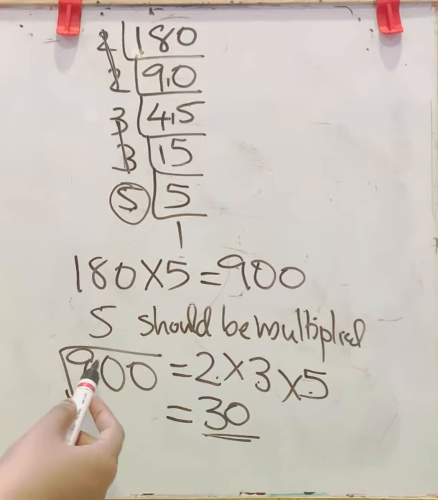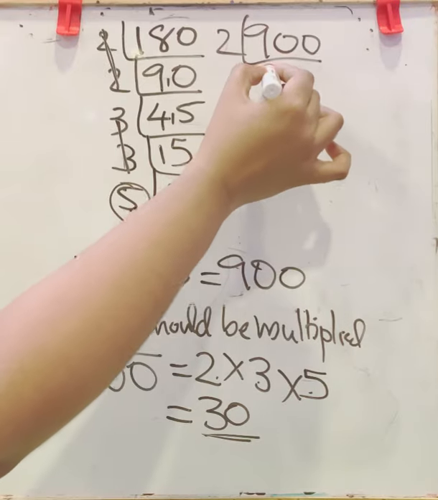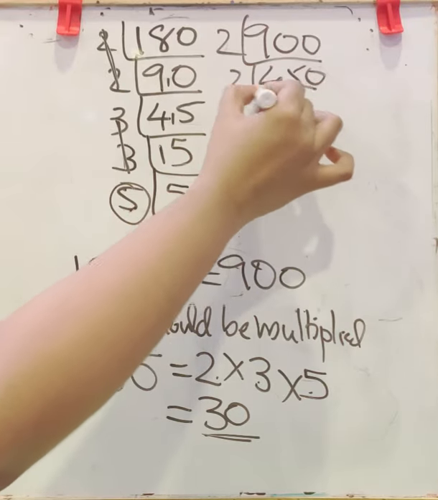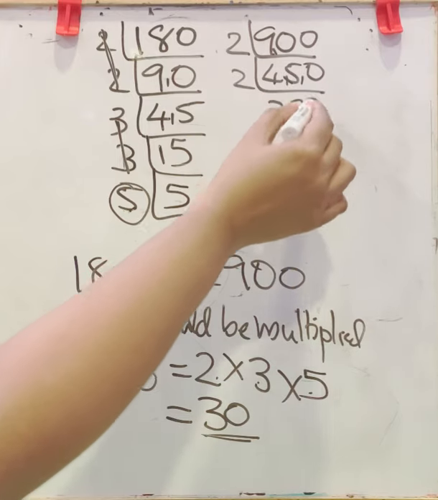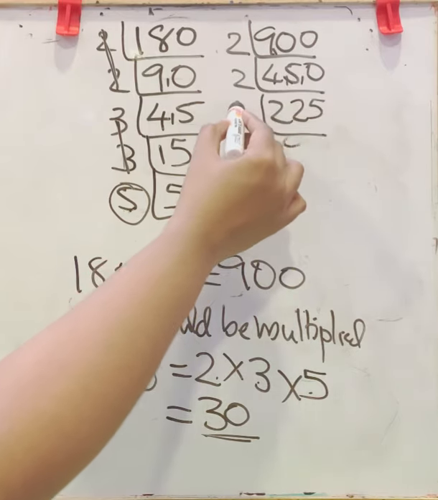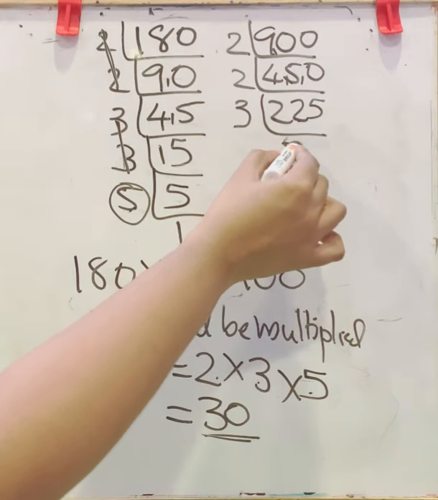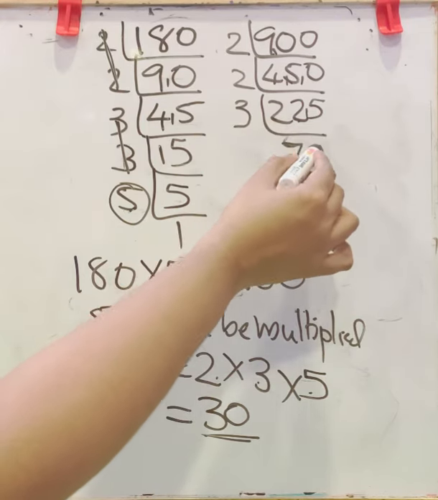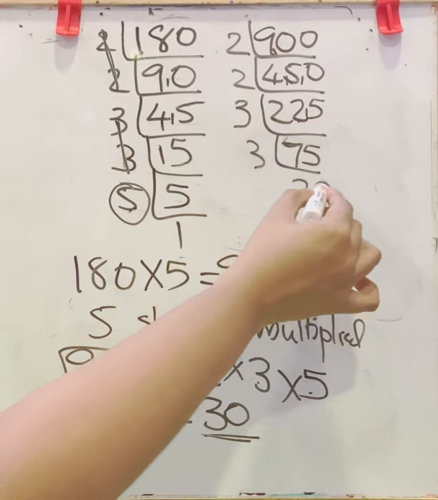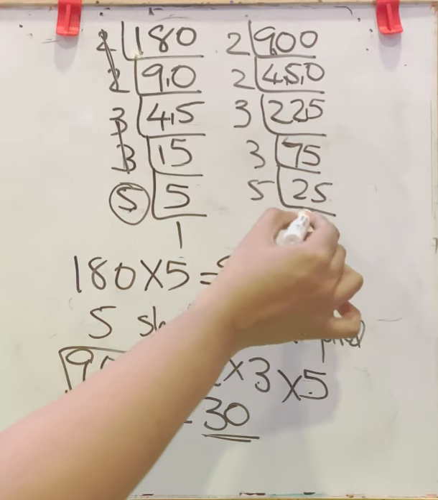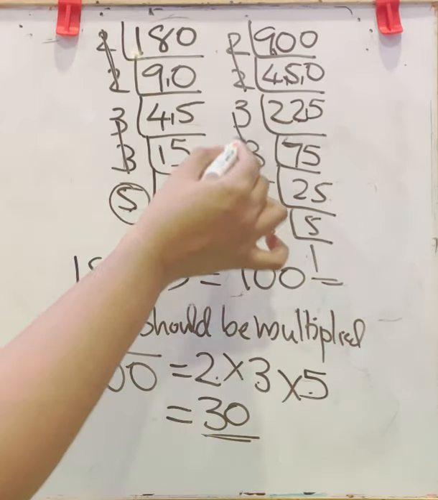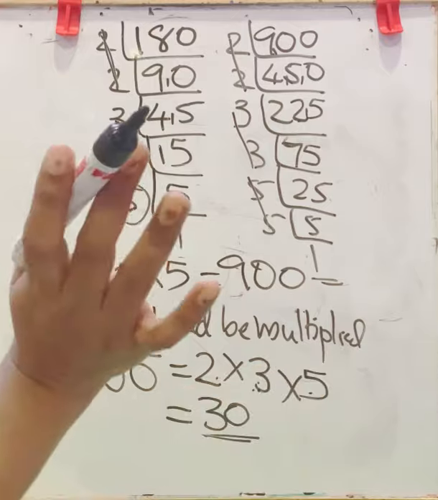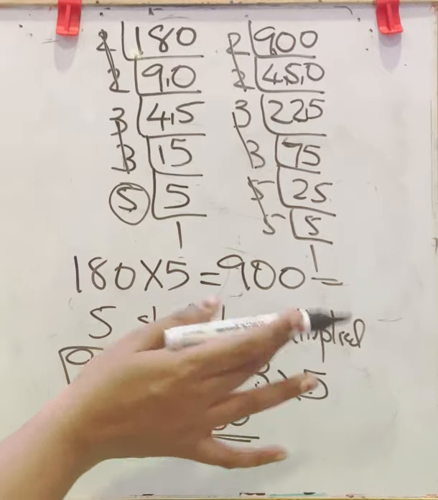If you have any confusion, I will show the factorization of 900. In this 2, 450, 2 2s are 4. In 5, 2 2s are 4, balance 1, 5 2s are 10, 225. In this 3, 2 2, 7 3s are 21, balance 1, 5 3s are 15, again 3, 5 3s are 15, now 5, 5 5s are 25, now 5, 1. For this 1, 2, for this 1, 3, for this 1, 5. So what we have done is correct.